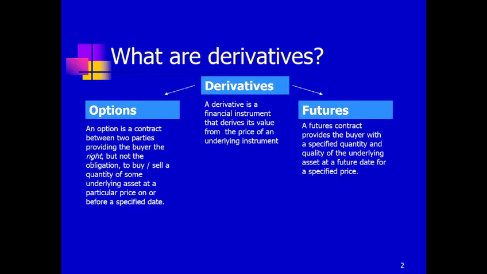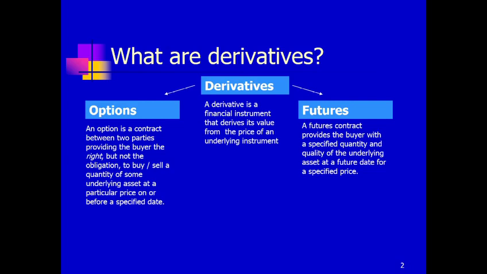So, the difference at the end of the day, between an option contract and a futures contract, both of which are the two primary types of derivatives which are traded in an exchange. There are other types of derivatives, financial derivatives. Can someone name me one? They're not just options and futures. There are other types of financial derivatives. Can anyone provide me with swaps? Swaps is another one. Yeah, there's quite a few.